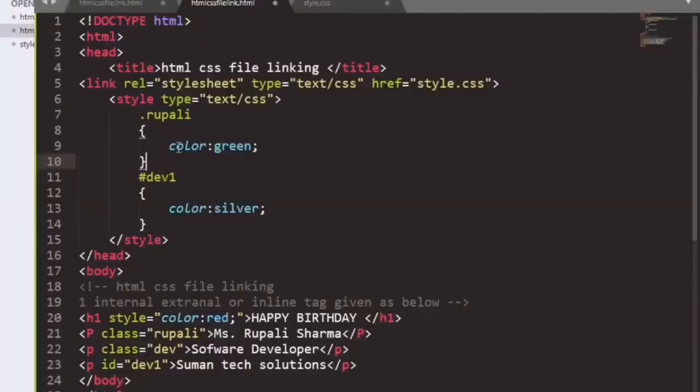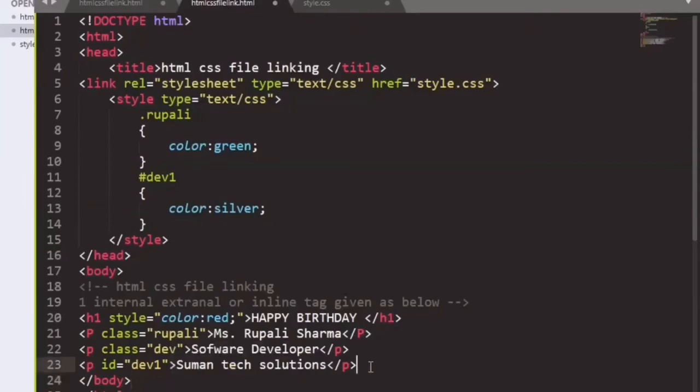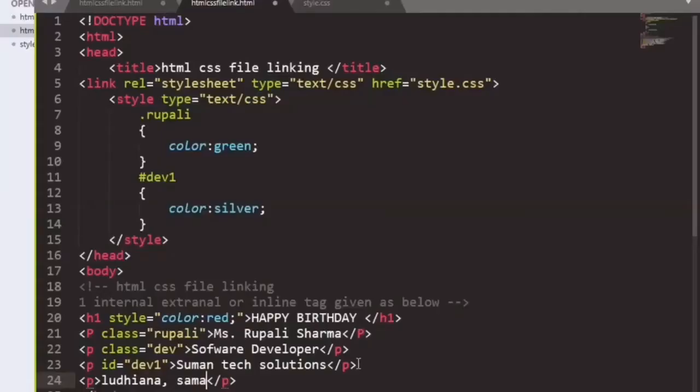So you can see this class. So this is the external CSS value. Suppose we are taking another p tag, that is paragraph tag, in which we will include the message, that is